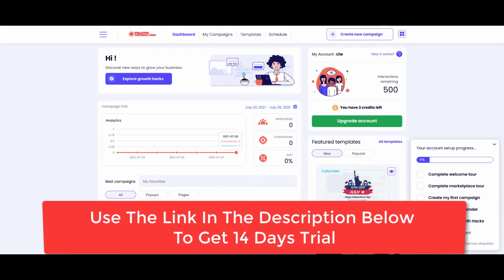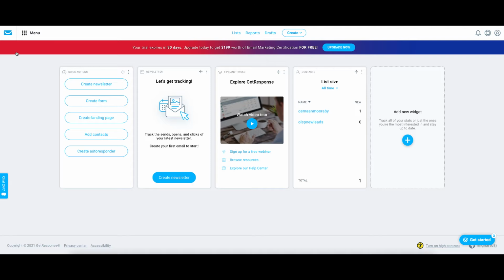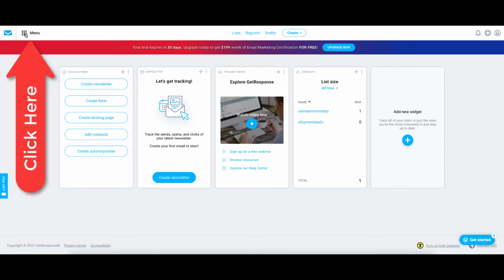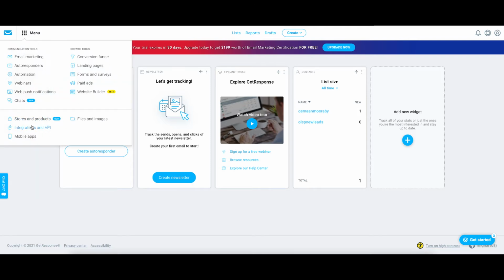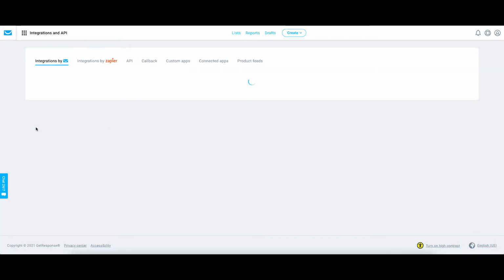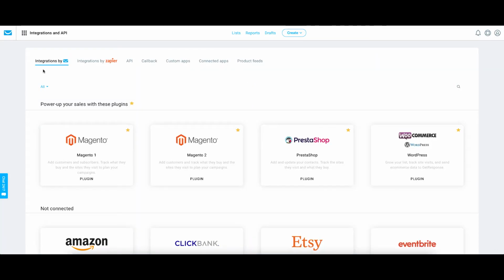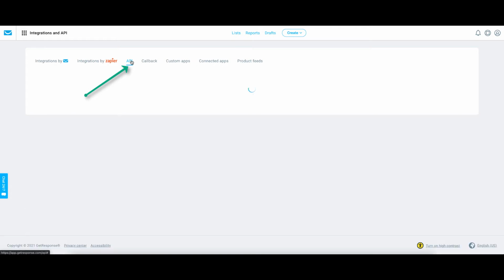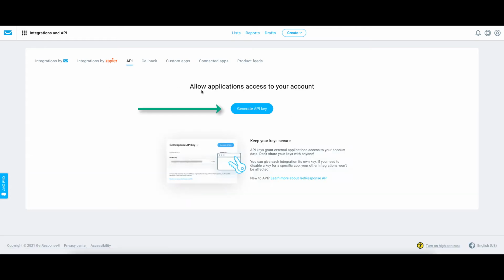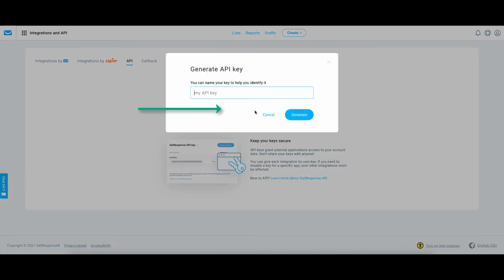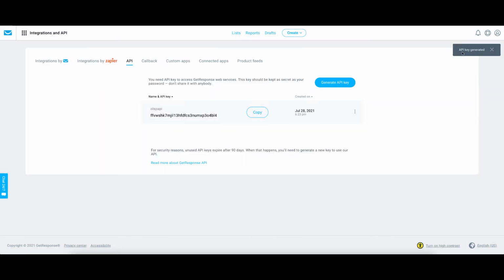Okay, the first thing you need to do is to go inside your Getresponse account and click on menu here and click on integration and API. Next thing you do is click on API and then click on generate API key, and here you're going to call it OLSP API, for example, so that you know it's for your own reference. And it says here API key generated, so you just need to copy that key